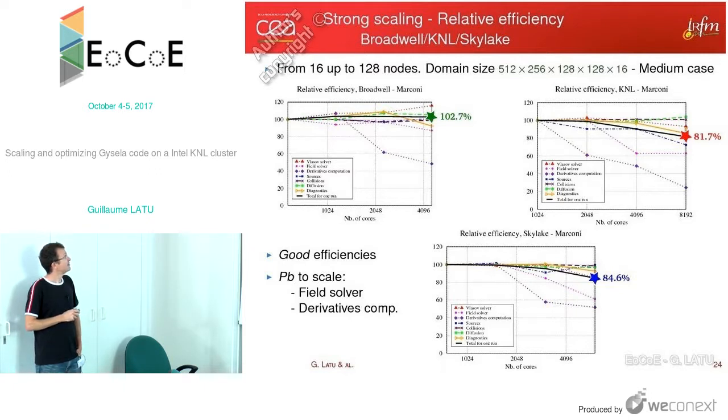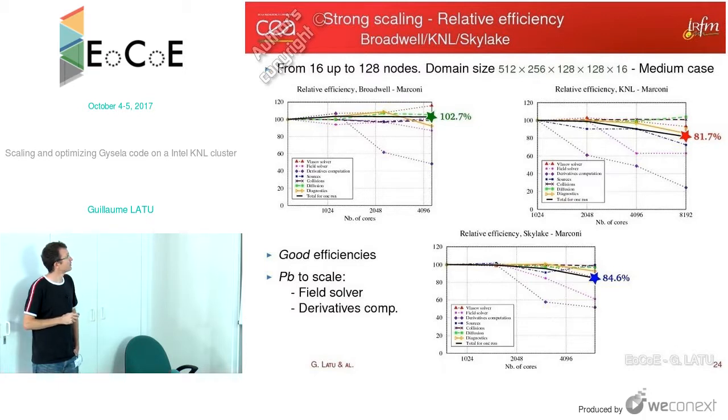So relative efficiency on Broadwell, on KNL, and on Skylake, for different parts of the code. The Vlasov is in red here, and the total relative efficiency for all the code is in black here, thick line.